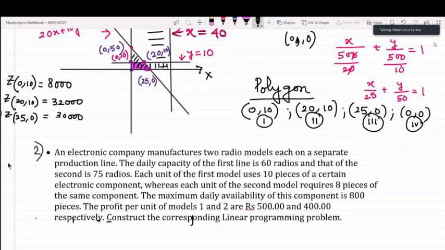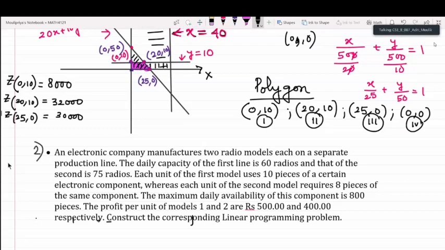So we can assume that there are 2 lines. Am I right? Ma'am, I was having a doubt: does the first line produce model 1 and the second line produce model 2 radios only? In the second line of the problem statement they use the nomenclature line, and after that they use model in the nomenclature. Yes, exactly, but they are the same. First line implies model 1 and second line implies model 2. Correct.